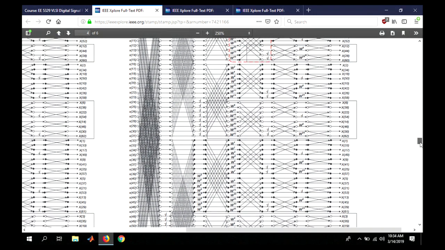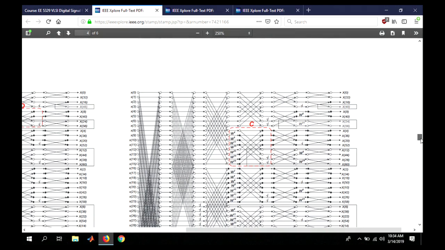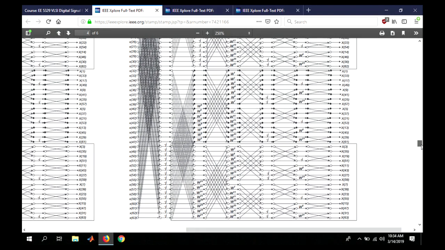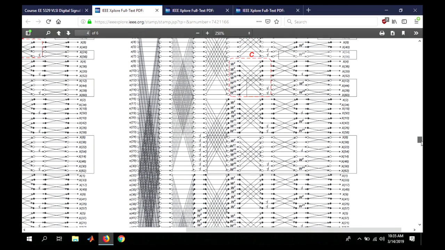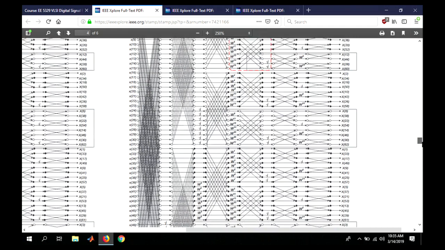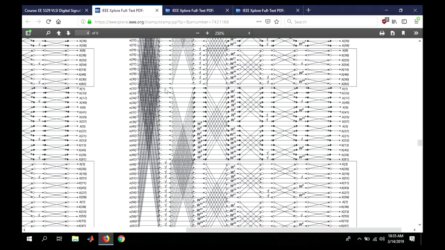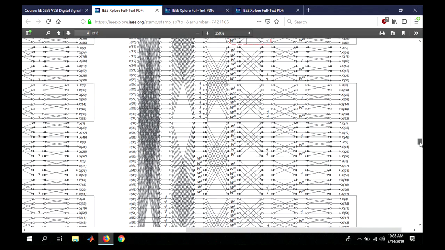Okay, so if we look at the so-called radix 2 cube, I see there is some block marked C. If you look at what is going on, this is not the same as radix 2 squared. After the first stage, there is definitely no twiddle multiplication going on, because all multipliers are 1 or minus j. Now if I look at after the third stage, there is a lot of twiddles going on. Okay, that's what we want. But what's going on after the second stage? That's not a full blown twiddle, but some simplified twiddle.